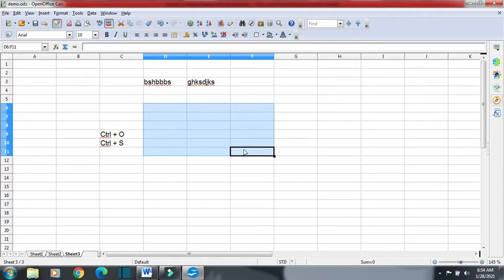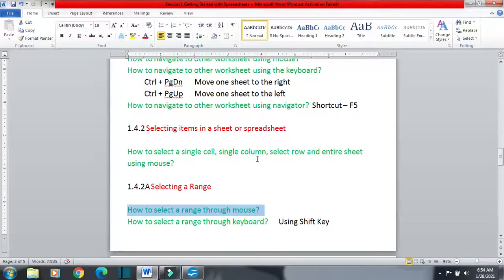So I will release the mouse here. This will allow me to select this range of cells. You can see this range of cells is a group of continuous cells forming a rectangular shape. Okay. Now next is how to select a range through keyboard.